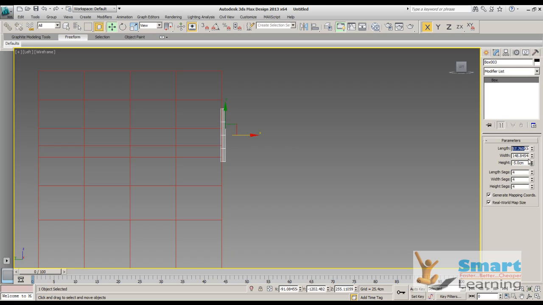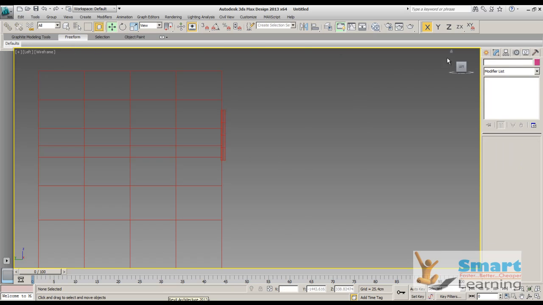And all this you need to update it. Length I'll be giving 55, width 150, and this height 5. Now you can see the views. Go to Z